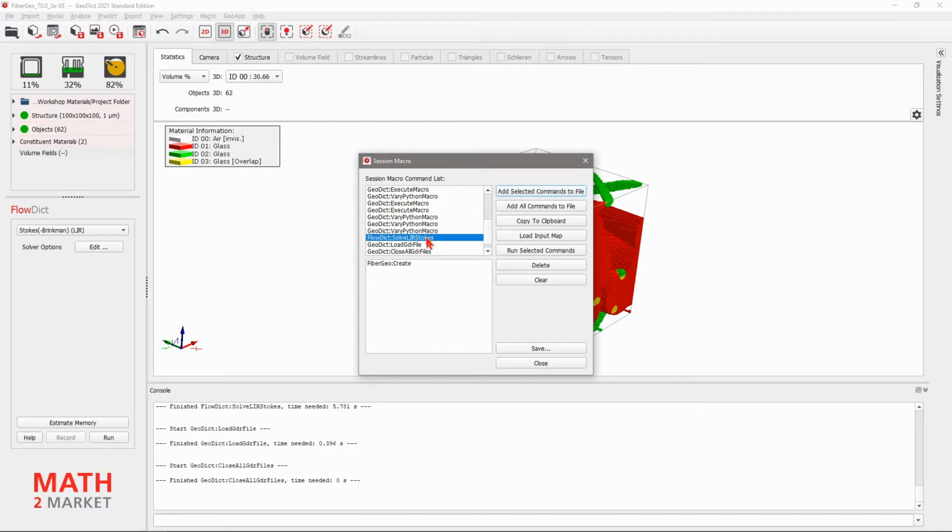But we don't want to have a new macro because for the flow simulation we always need a structure loaded in the user interface. And we want to run it on the different fiber structures. So we want to append it in the end of our macro. Therefore we highlight it, and now we click on Copy to Clipboard, because we want to copy the command in the clipboard so that we can append it to our Workshop 3 macro. So click Copy to Clipboard,